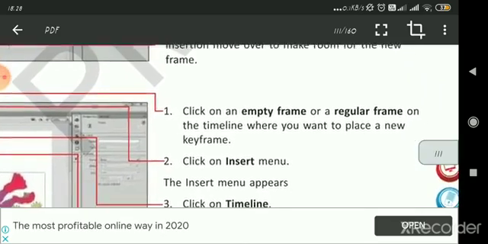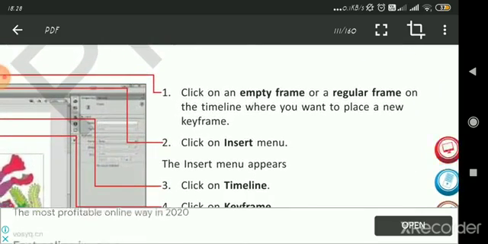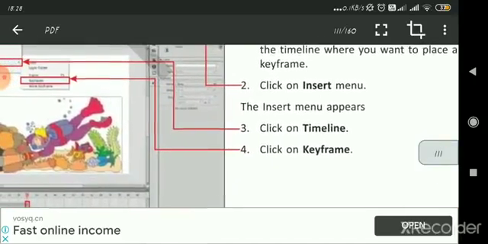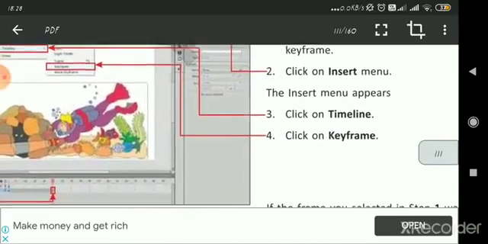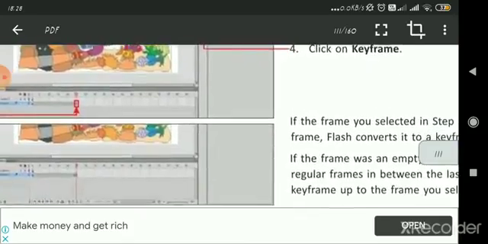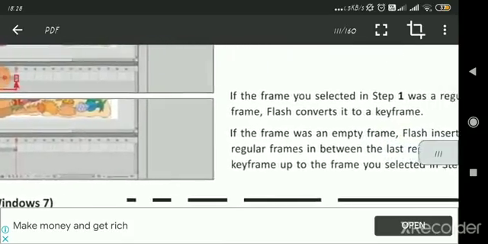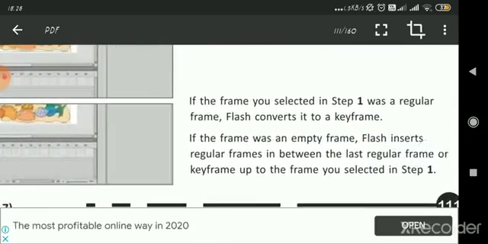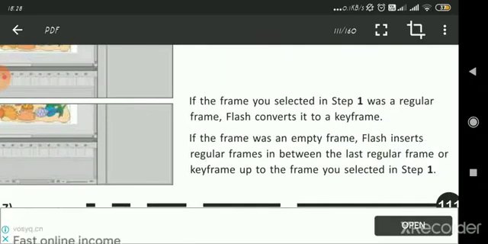So click on an empty frame on the timeline where you want to place a new keyframe. Click the Insert menu, then the Insert menu appears, click on Timeline and click on Keyframe. If the frame you selected in step 1 was a regular frame, Flash converts it to a keyframe.